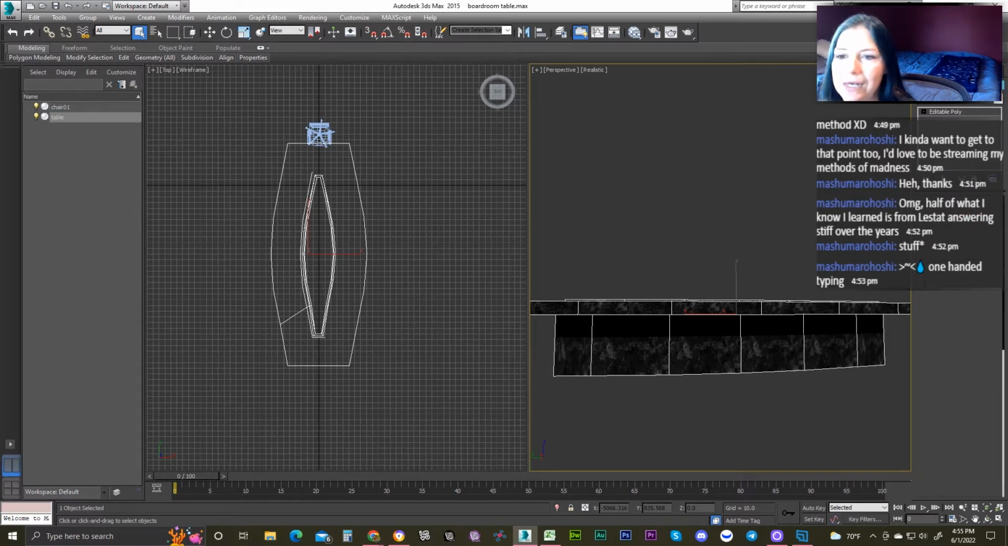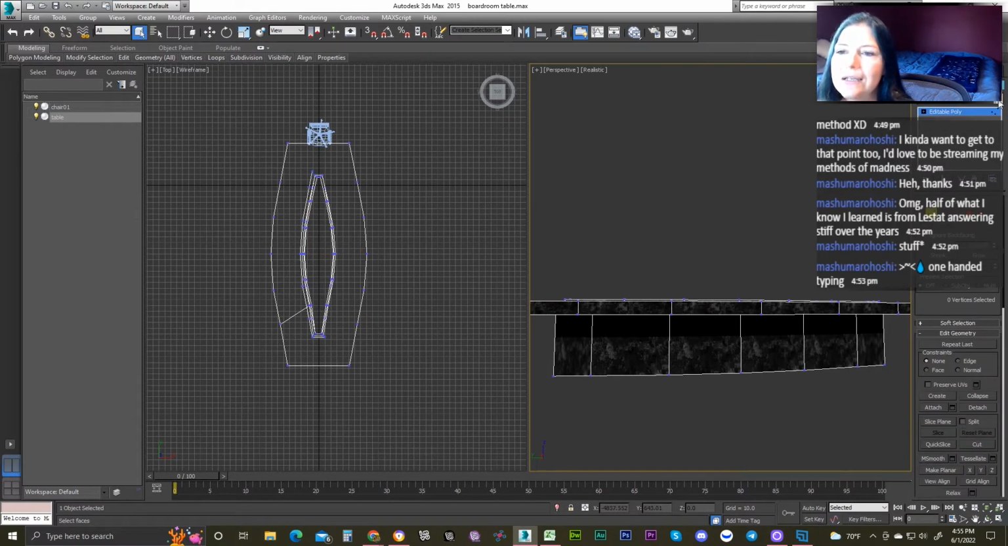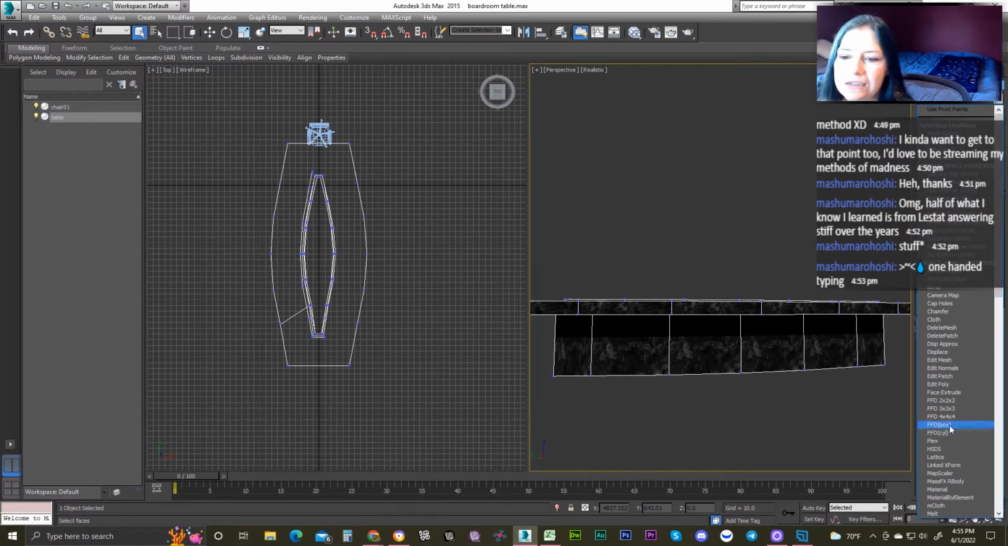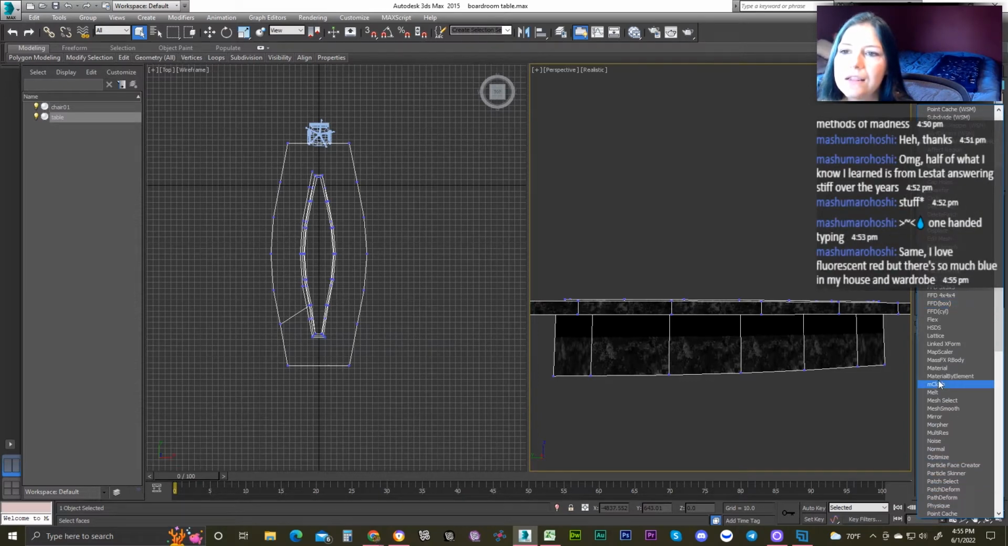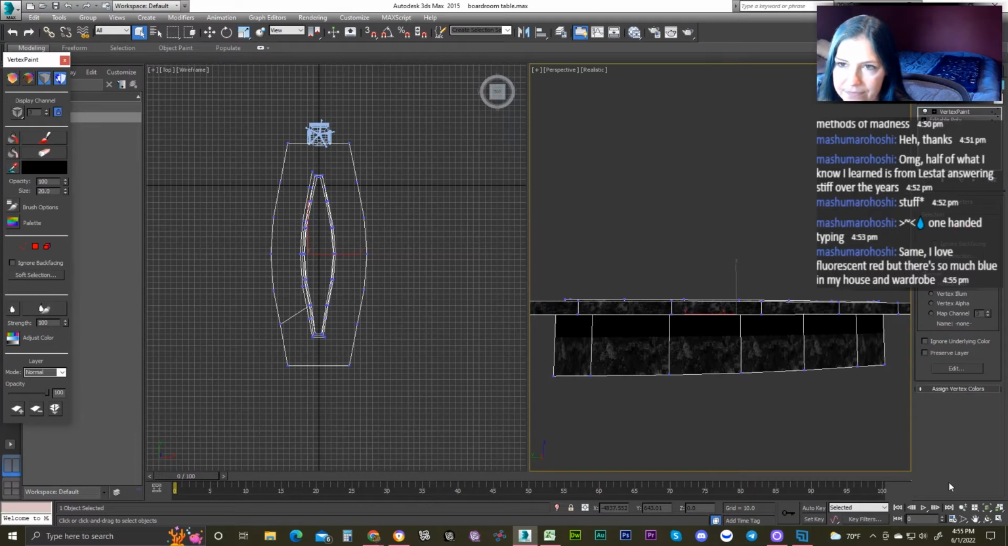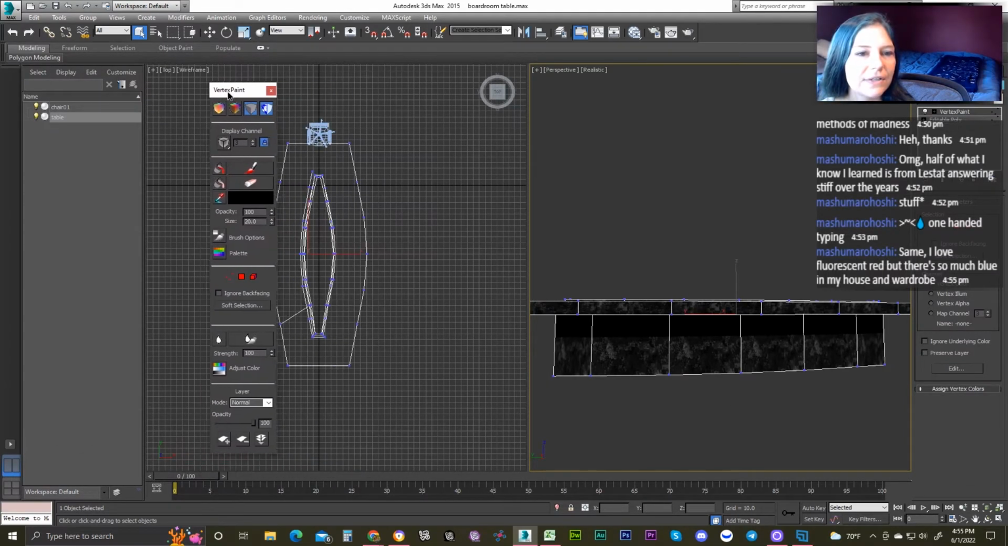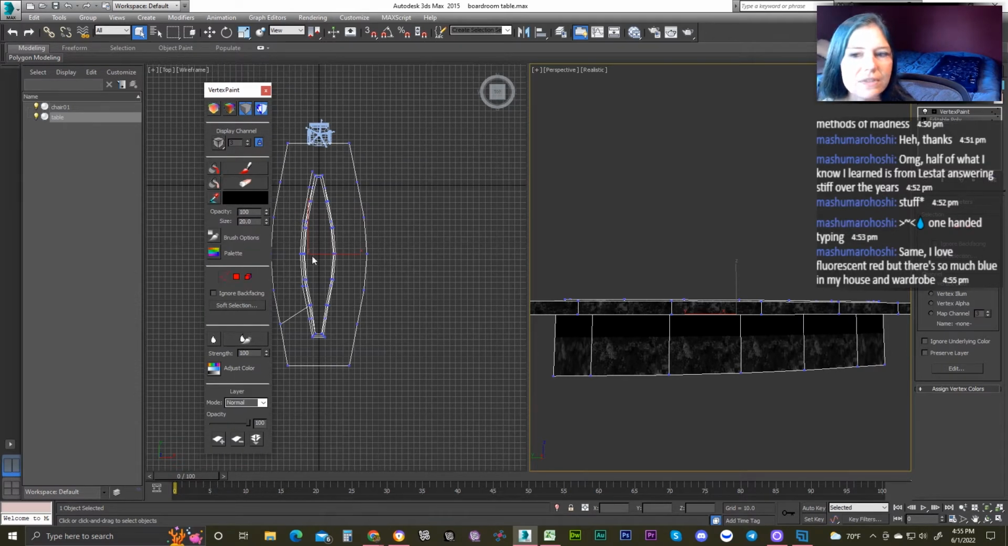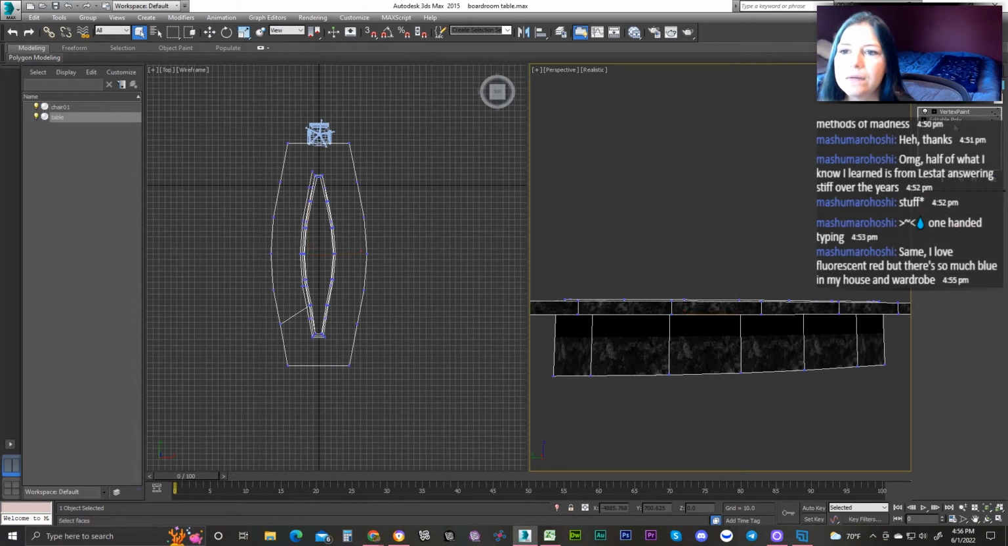First thing we need to do is turn on the modifier Vertex Paint. And a little thing pops up over here that says Vertex Paint. It's got all your color, all your options. I don't need that. I don't know why I clicked that, but